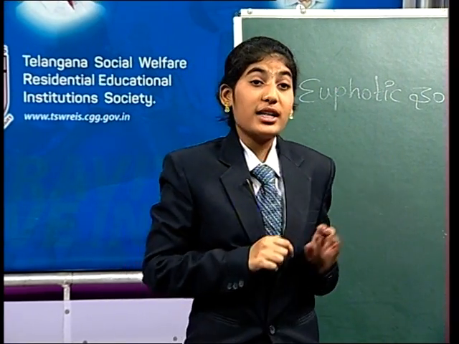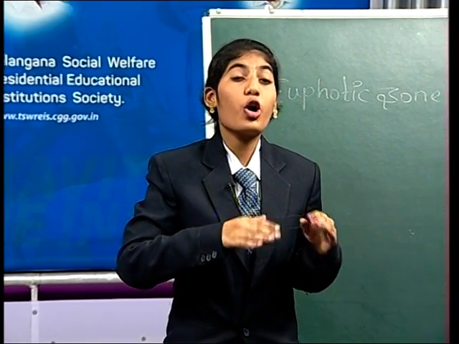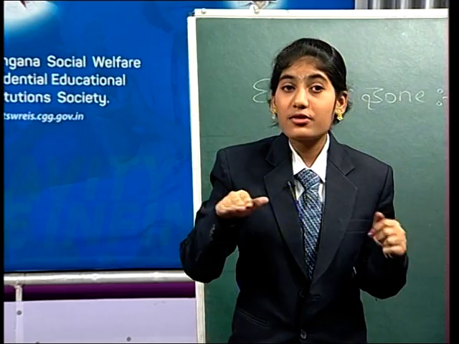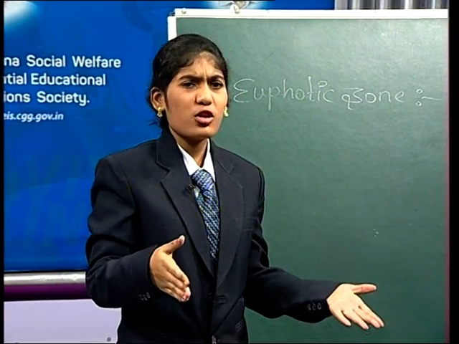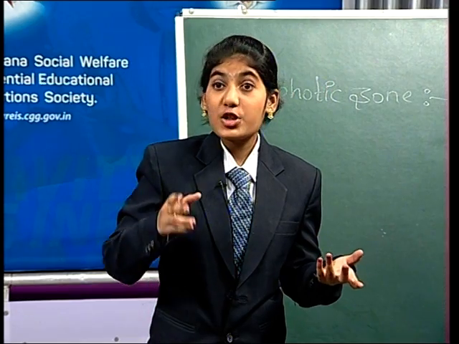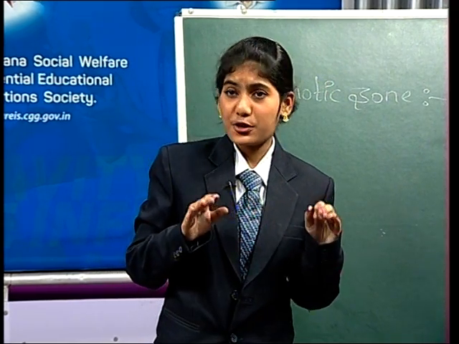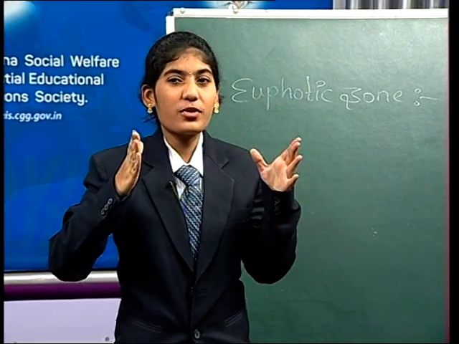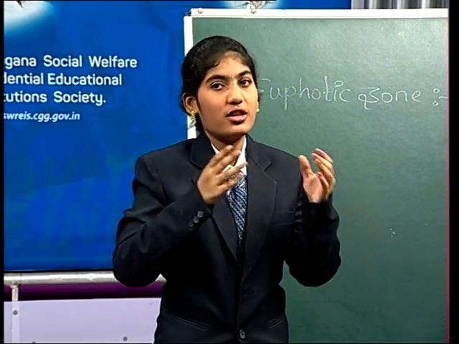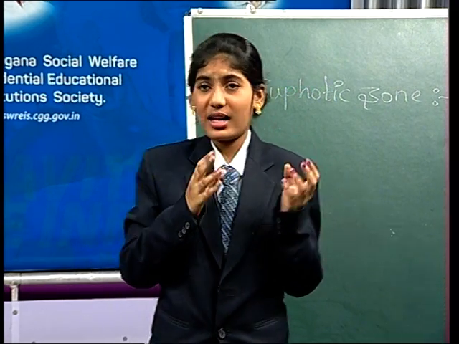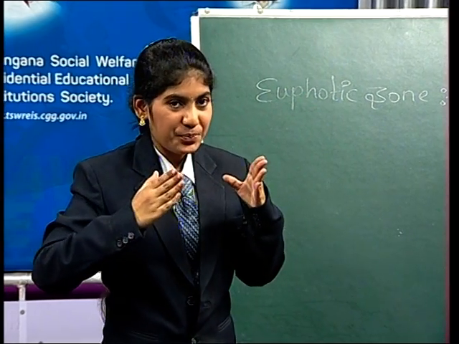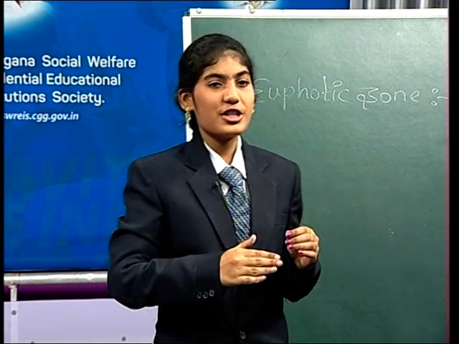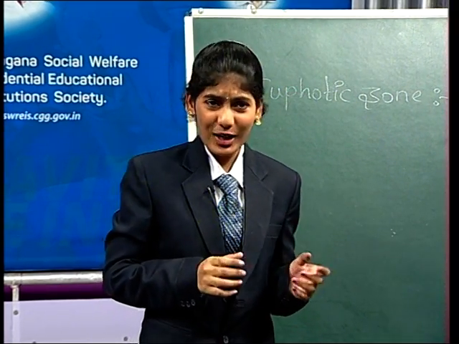Friends, do you know the animals which live in this aquatic zone are mostly floaters and swimmers. We can observe some fishes swimming in the zone, right? They will float on the water. So there are some animals that are floaters and swimmers in this zone. Okay, do you get it? And friends, the eyesight of the animals in this zone is sharp. The animals which live in this zone have great eyesight. Okay, and friends, mostly they have shiny bodies. The animals which live in this first zone have shiny bodies. Okay, do you get it?